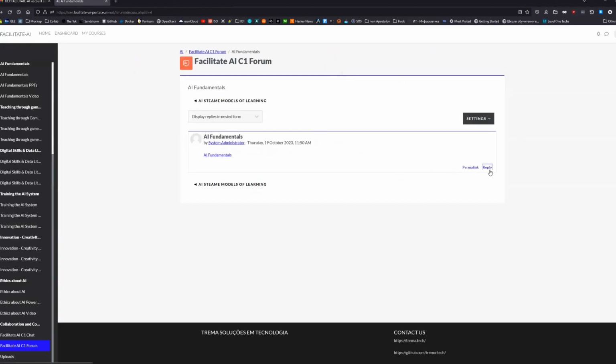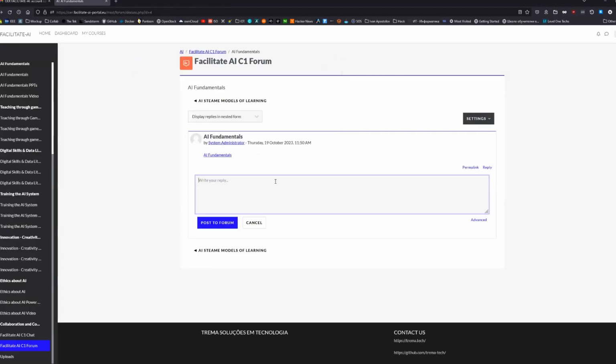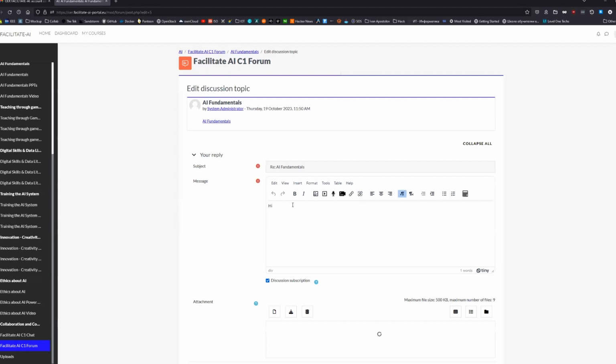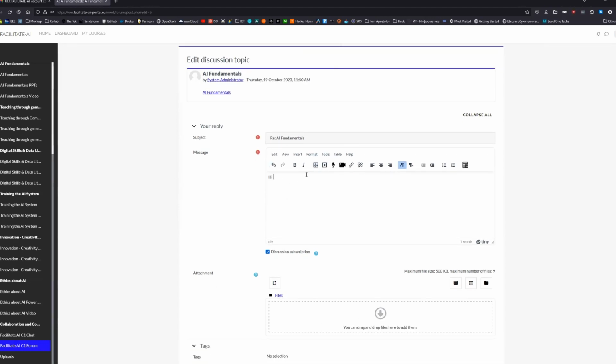I can reply, and when I click reply, I can send my message, and when I click post, the message will be posted. So here we can see the parents. We can edit our message, and we have some options, and we have an editor.